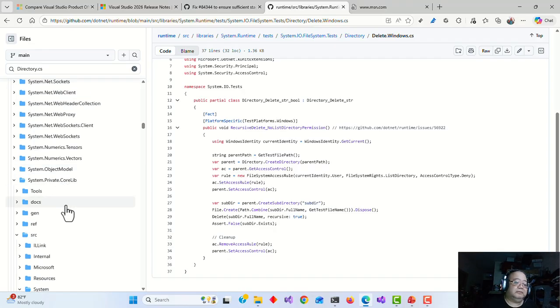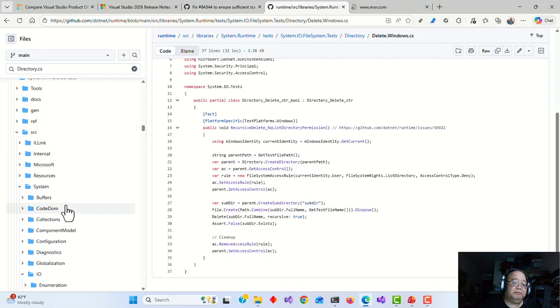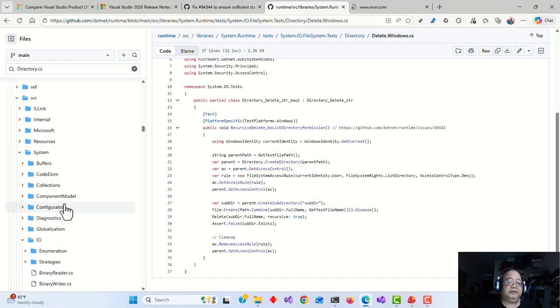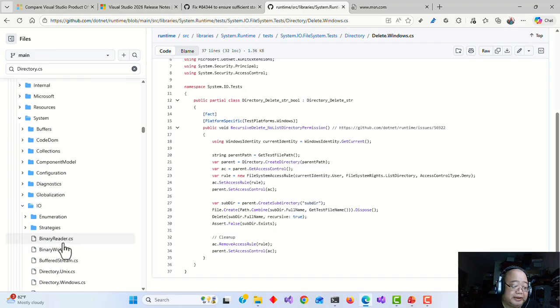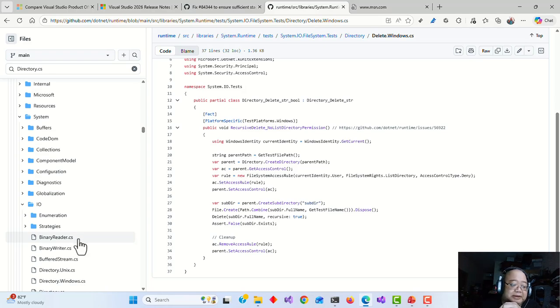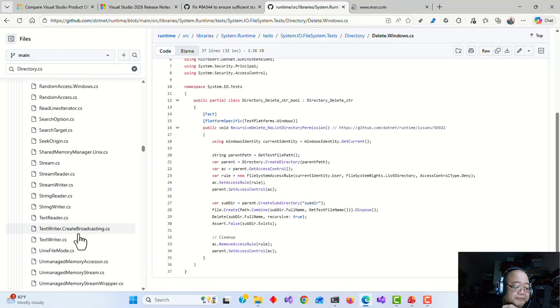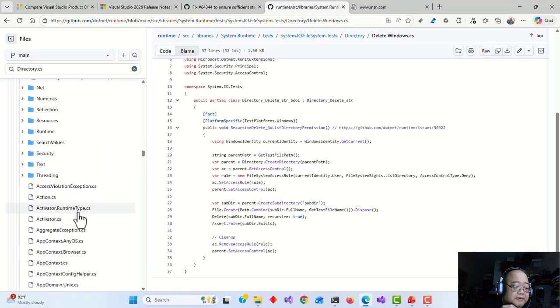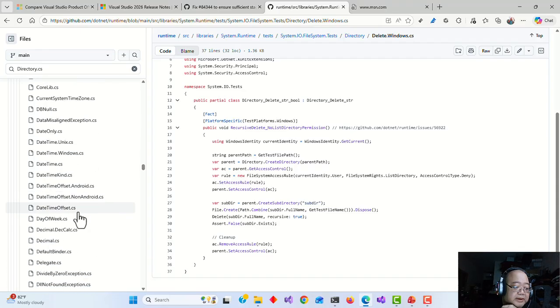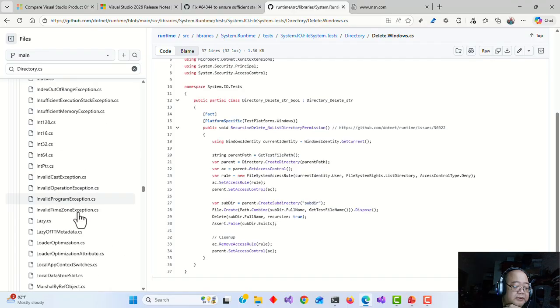You may wonder this should be part of system.io, and it is not, because again this directory.cs is available in the project of system.private.corlib. So if you look at that, scroll down and you will see that there's a project system.private.corlib,